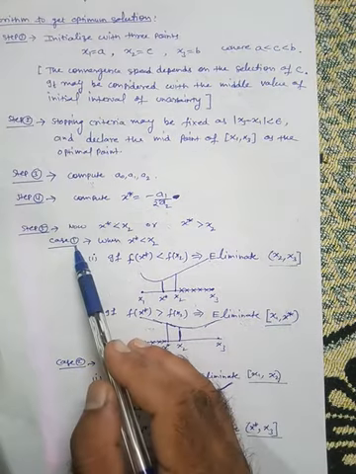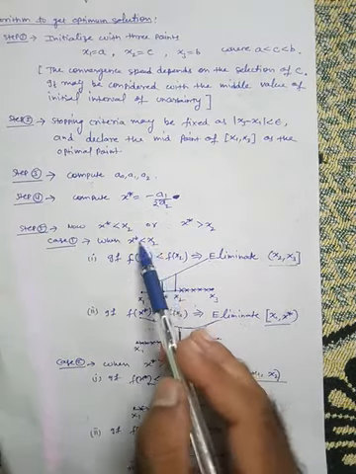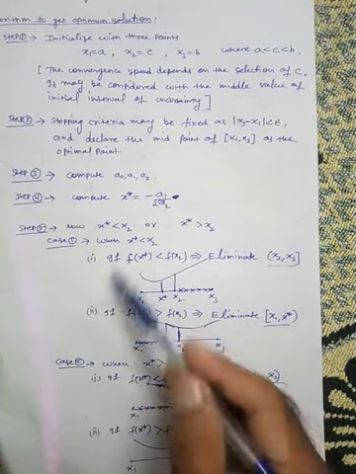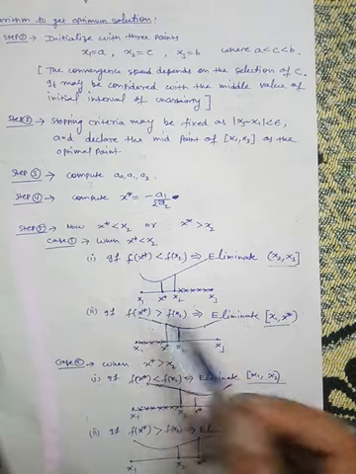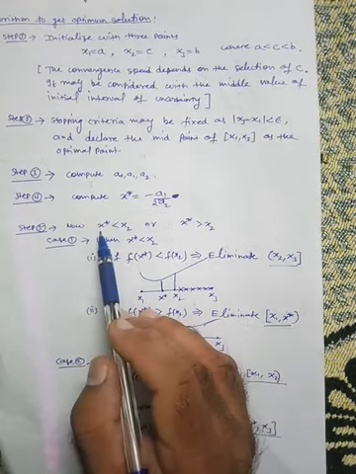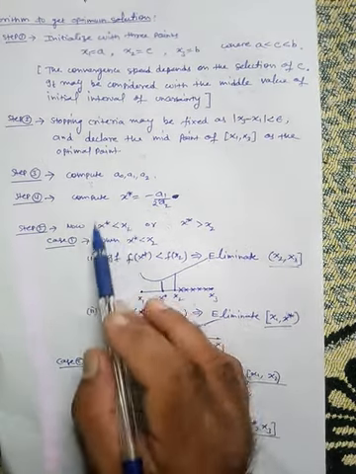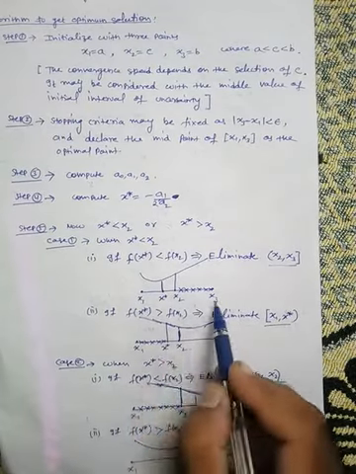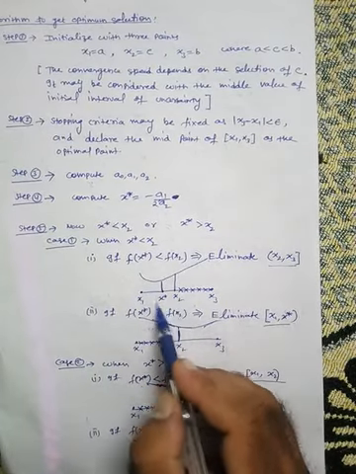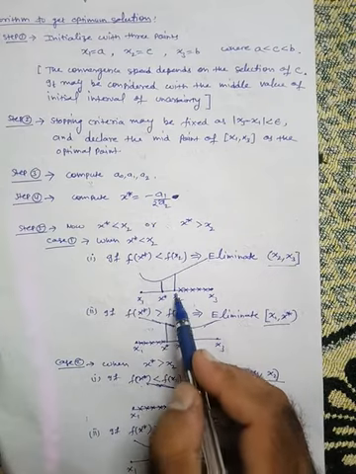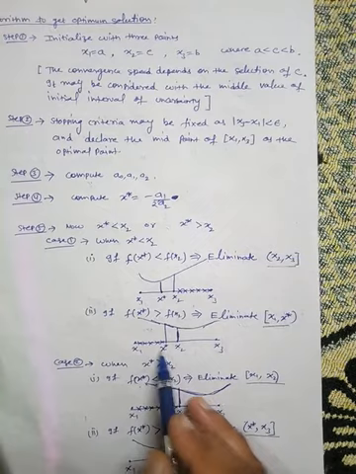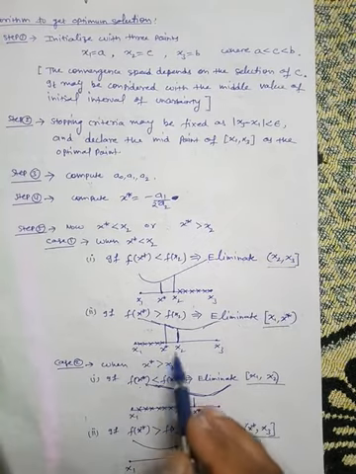Okay, so we have shown this phenomenon here. Suppose case number 1, when x star is less than x2. Here we have further two cases. Because x star is less than x2, we have this graph. This is x1, this is x3, this is x2, and here is x star. So you can see that x star is less than x2. Similarly here x1, x3 and x2, and again x star is less than x2.